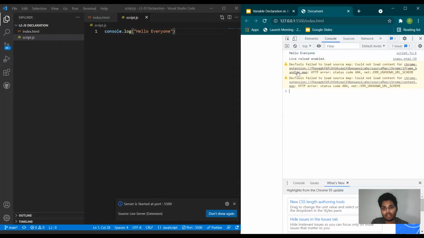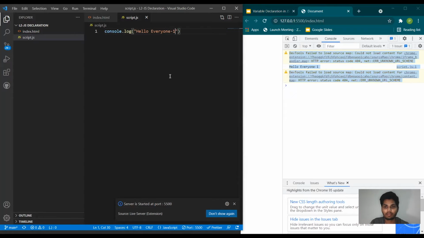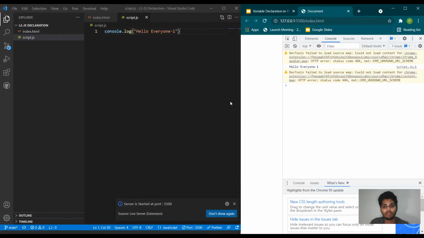You can ignore the other warnings, and the live reload message is basically the extension message which you see. You can ignore these error or warning messages. This might be only for my system, or might be coming in your system as well. So hello everyone is coming up here. Let's change that as well. As you can see, hello everyone one is coming up here.